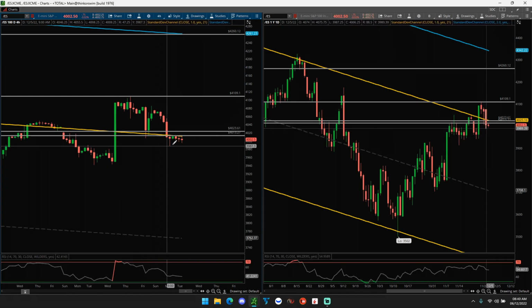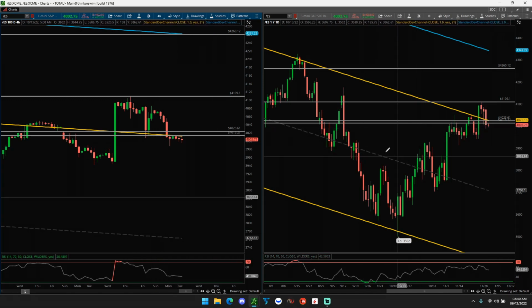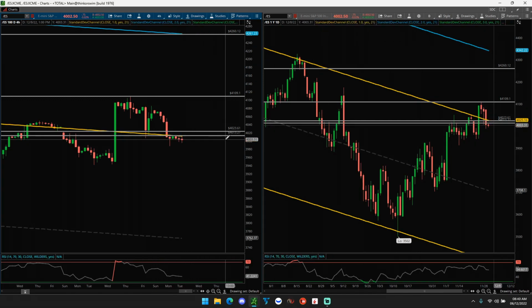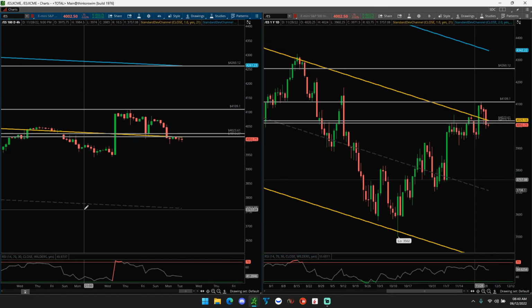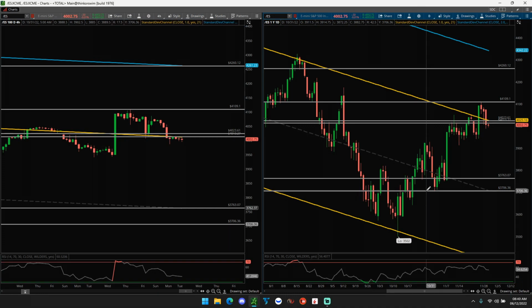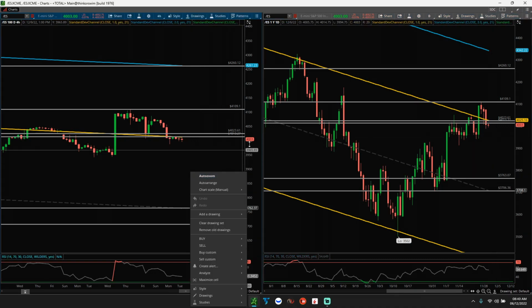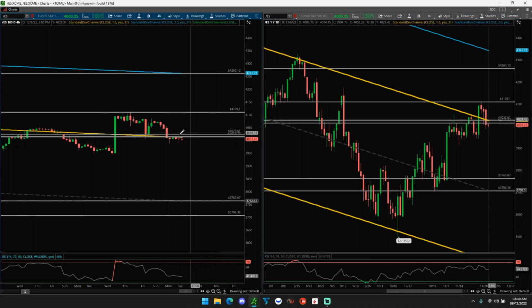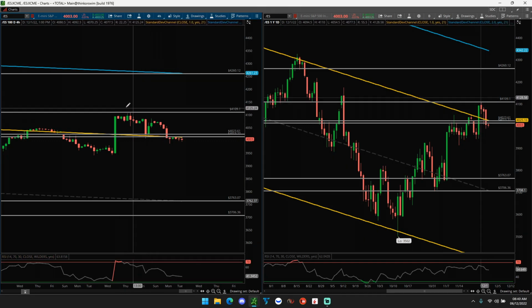But really, if we get another day or two closing below this level, it's probably more of a bearish indicator. And we would be expecting a pullback to at least the statistical mean of around 3,775 to around 3,700. So that's really the shorter term outlook, what we're looking at. If we can't break above, or buying pressure can't come in, expect a move back down to that statistical mean.